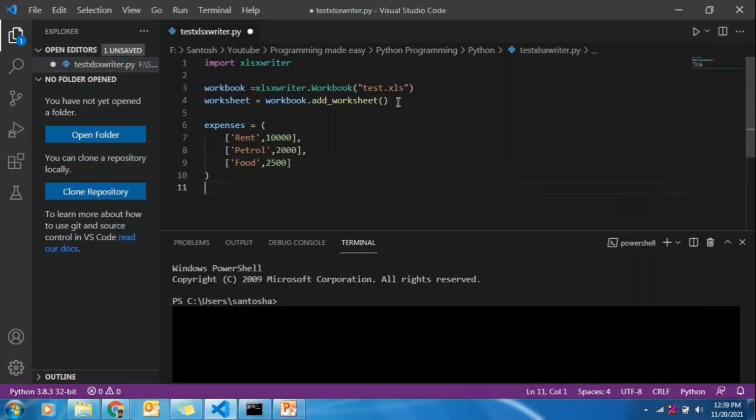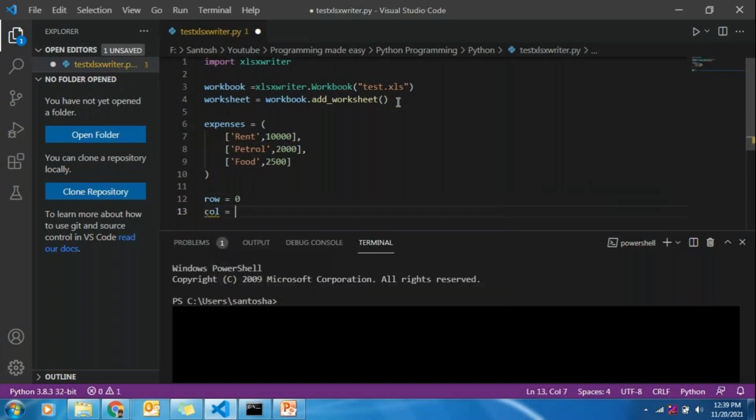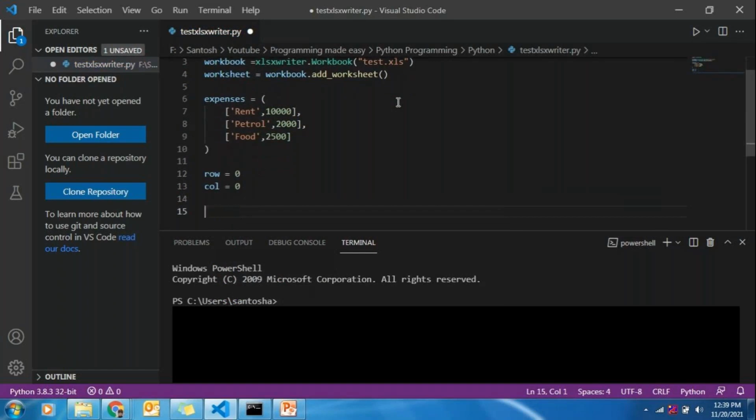Now once my worksheet is ready and my data is ready, we can insert the data to the Excel. As I told, every worksheet will have rows and columns. In the case of XLSX Writer, the rows and columns start with 0. So row is 0 and my column is 0. Let us first create the heading columns.